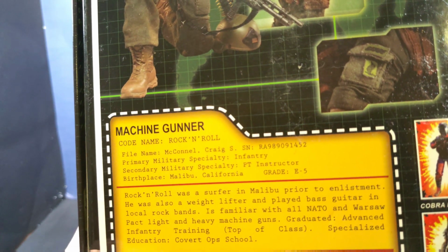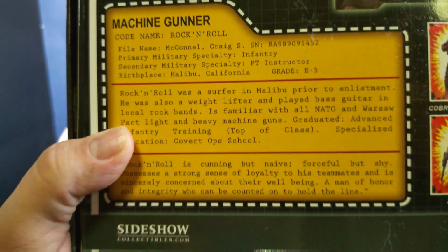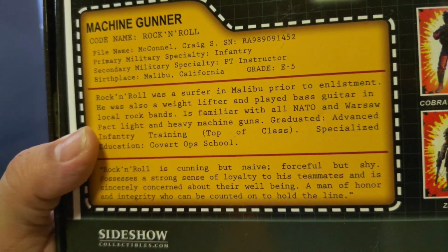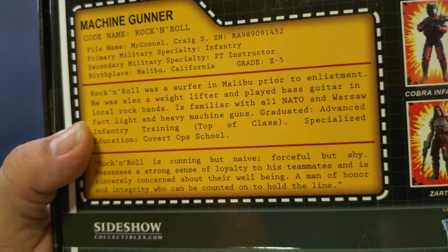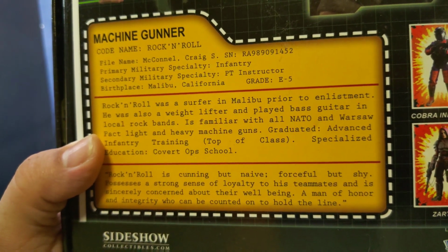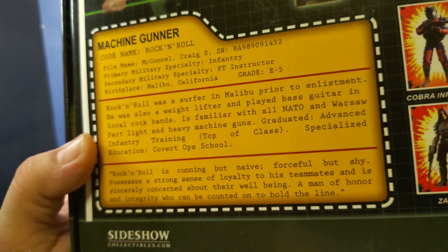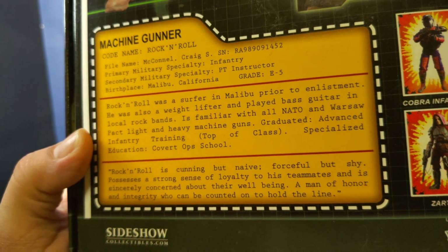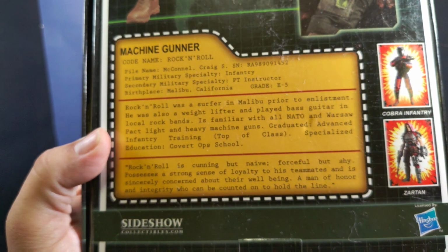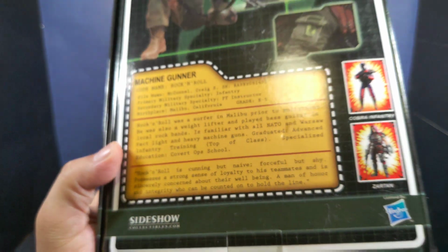Then it has a little bio there, as it reads, and it says Rock and Roll was a surfer in Malibu prior to enlisting. He was also a weightlifter and played bass guitar in local rock bands, plural, a couple of bands. He is familiar with all NATO and Warsaw Pact light and heavy machine guns. Graduated advanced infantry training at the top of his class, and specialized in covert ops schools. So there's a little bio, and you can read the rest, and then it shows some other figures in